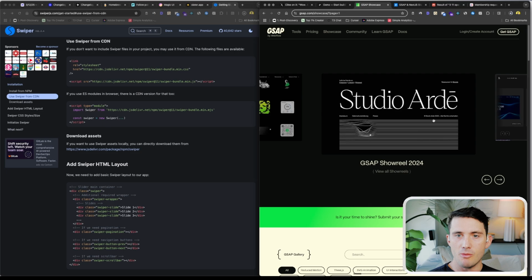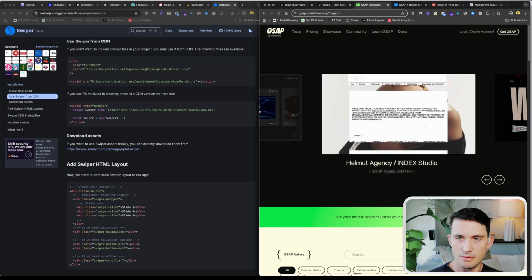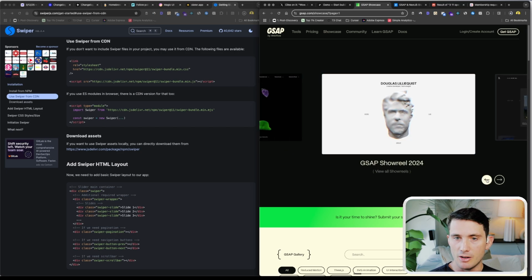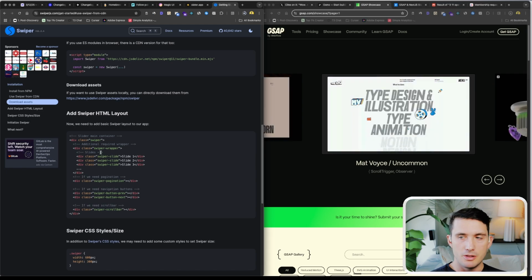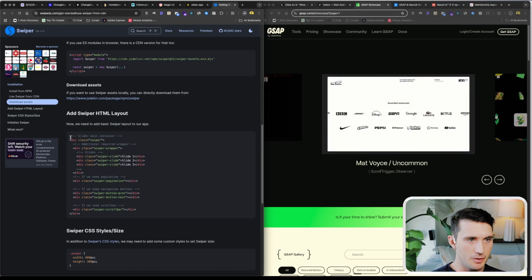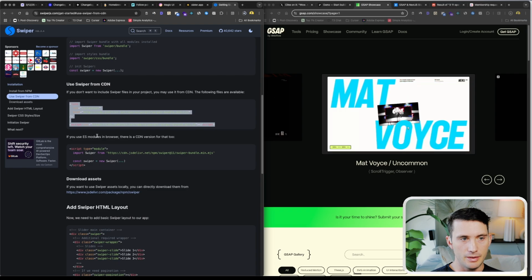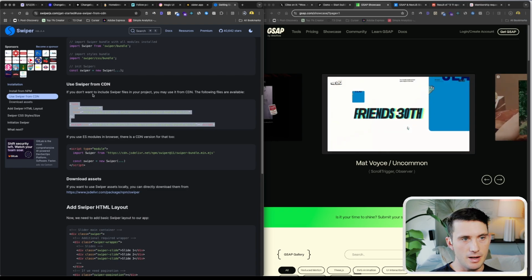But the client wanted to be able to have their properties on the site to look something like this, where you could swipe through them, you get dynamic information. We have some arrows on it too. So what I was able to do, and what you could do too, if you ever run into this issue, is you basically can just host the CDN and you can put that in through Slater if you wanted to. But because I knew I was going to be reusing this a lot, I ended up just doing it